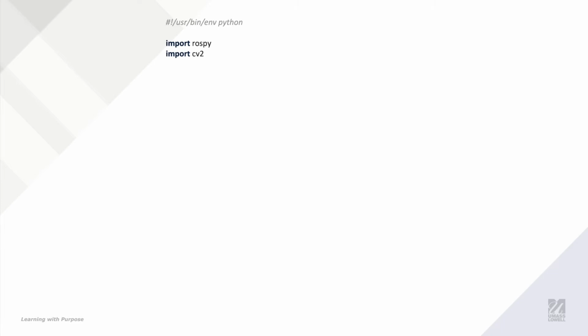Now, OpenCV is its own library that's standalone, separate from ROS. The good news is that if you have ROS installed, you most likely have OpenCV installed as well, especially if you have a desktop version installed. So we need to import cv2 as a separate library from ROS. It doesn't exist as a ROS package, it doesn't exist in the ROS domain at all, so we import it as